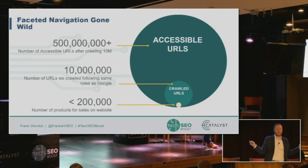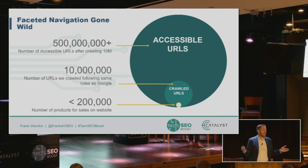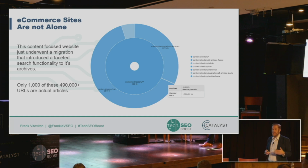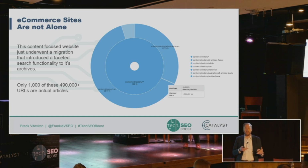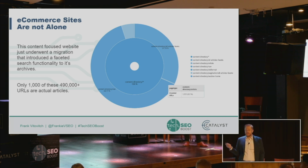The website was essentially an infinite loop of URLs, and it was because there was almost no facet handling going on at all on this website, and they were trying to determine where they should start to make that cutoff. What I thought was interesting as I started talking to some of the different people in our professional services team who interact with our clients on a daily basis, for some examples,